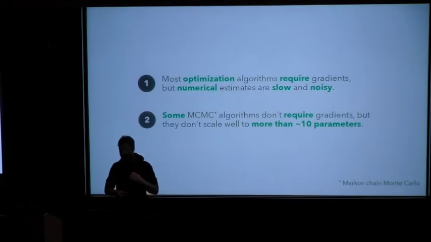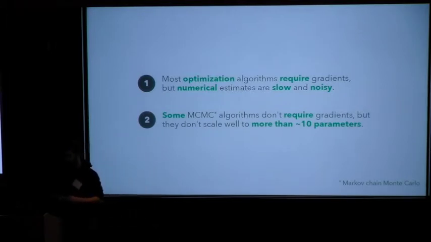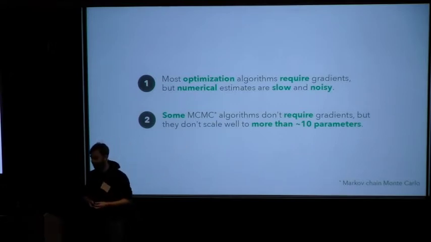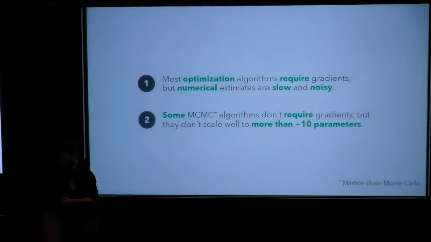Then also something that Eric talked about yesterday, just very briefly, was that for large dimensional problems, when you have more than about 10 parameters, the state-of-the-art methods for doing MCMC also take advantage of gradients. And so that's something that I'm going to come back to in just a second, because that's kind of what I want to focus on. And this is especially true as the number of parameters gets larger.